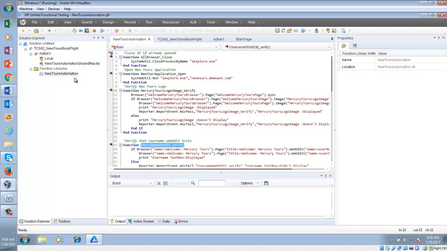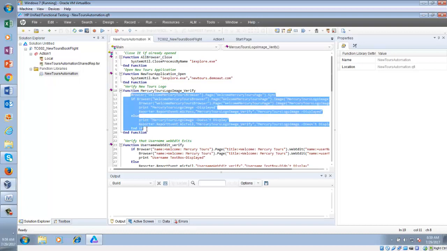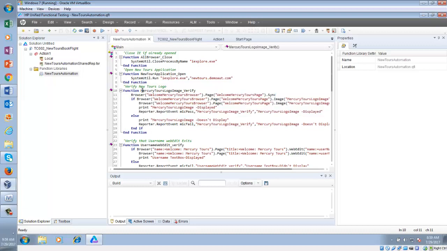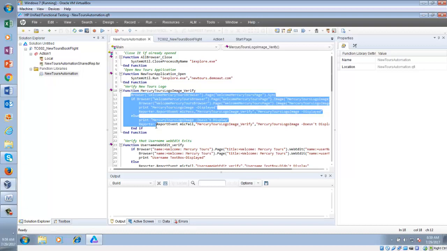So it is the same way. Let's say you have 5 test cases, 5 brothers and sisters. Whenever they need to use some function, they will come here. Instead of writing all of these lines of code, they will just write this function and they will be able to use all of this code. Does it make sense now?